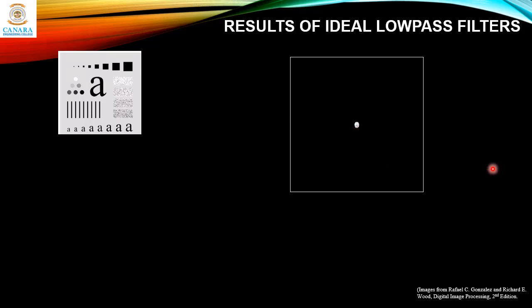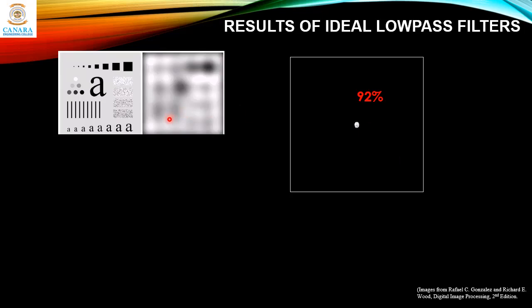As we saw in the previous slide, that retains 92% of the image power. This 92% translates into this much information. You can see we have lost lots of edge information. This is what you can call a smoothened image.